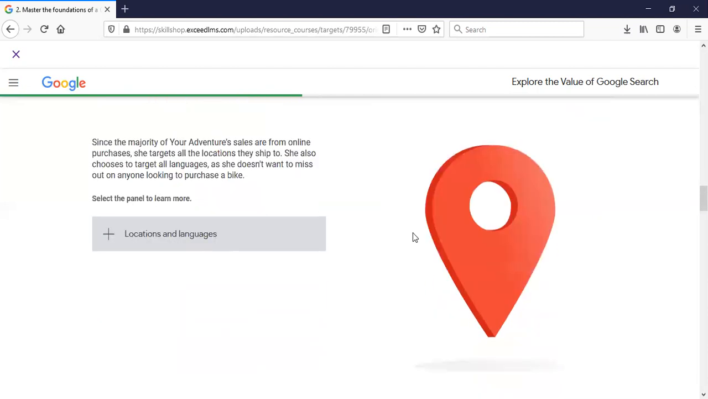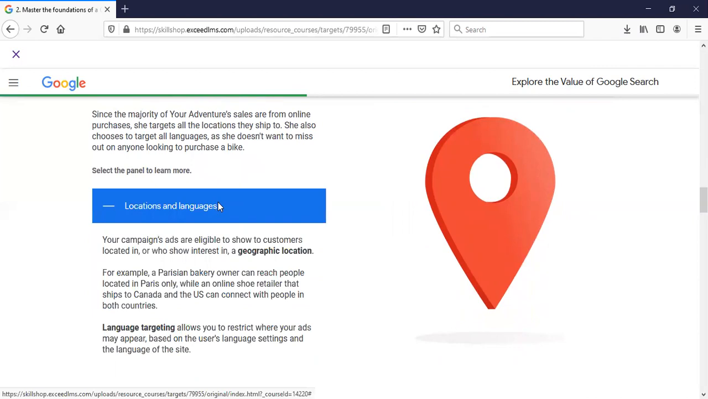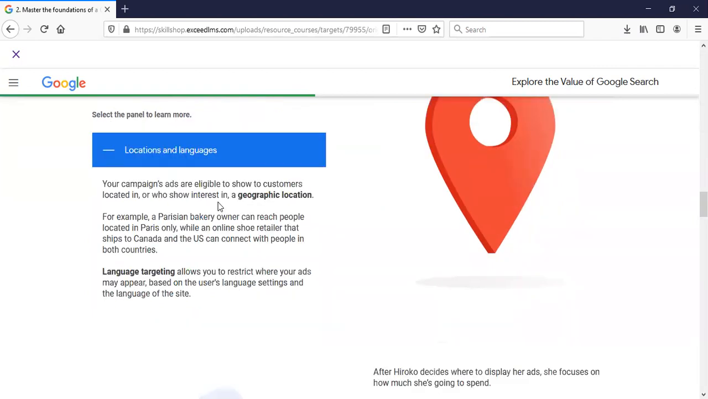Since the majority of your adventure sales are from online purchases, she targets all the locations they ship to. She also chooses to target all languages, as she doesn't want to miss out on anyone looking to purchase a bike. Locations and languages. Your campaign's ads are eligible to show to customers located in or who show interest in